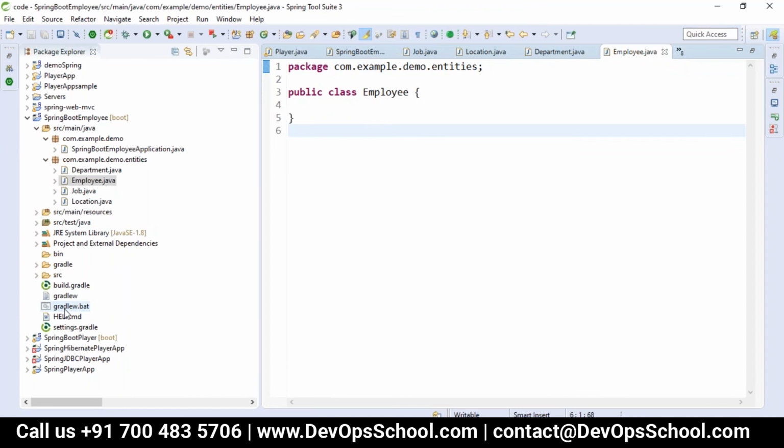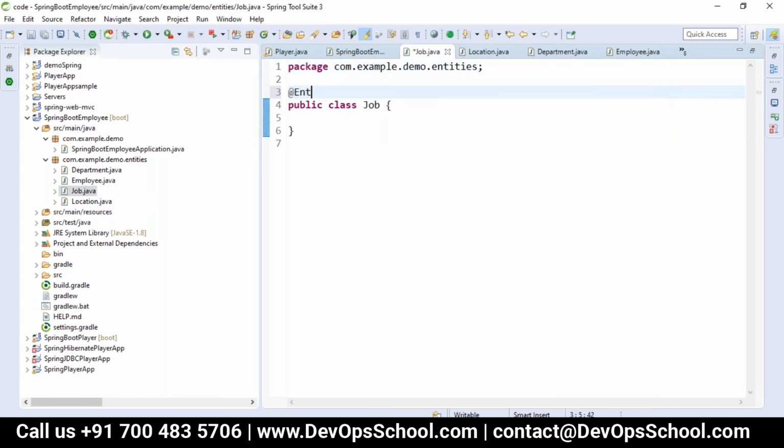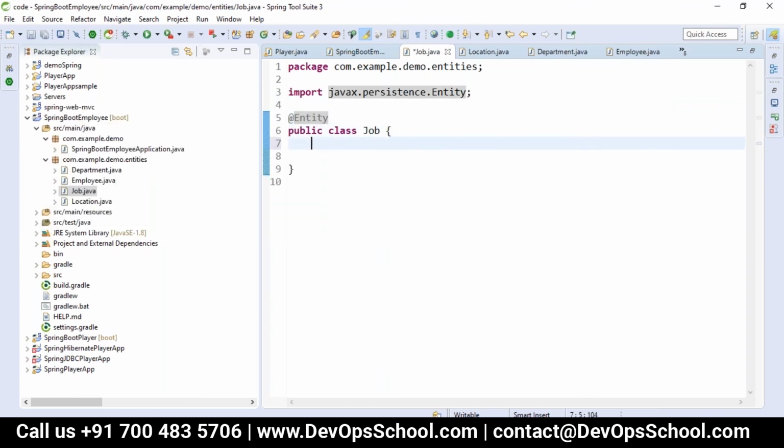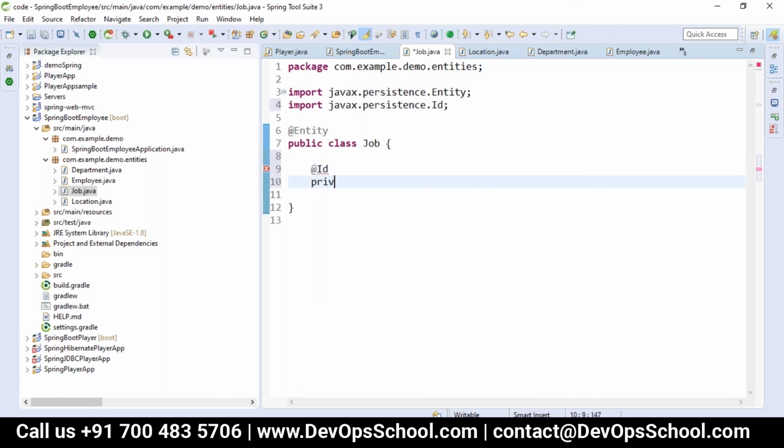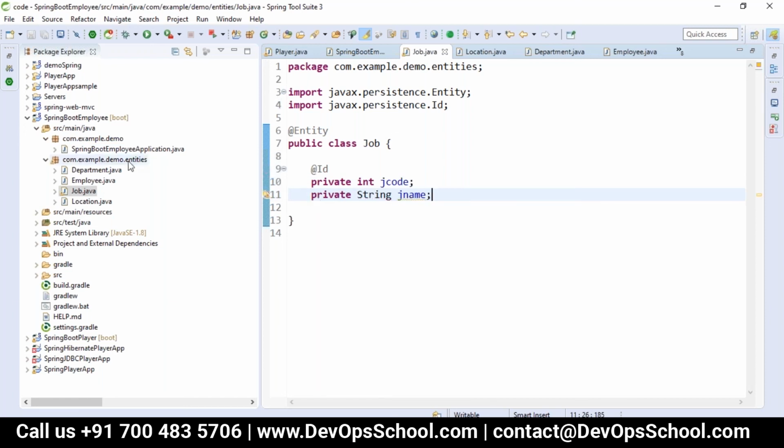I'll just add a. So those are all my four classes. So all four, I want to make them an entity. So I'm using here javax persistence Entity, which is job, and mandatory it should have a primary key, which is ID. So private int jcode, jname. So I'll have constructors and getters, setters, all those things.